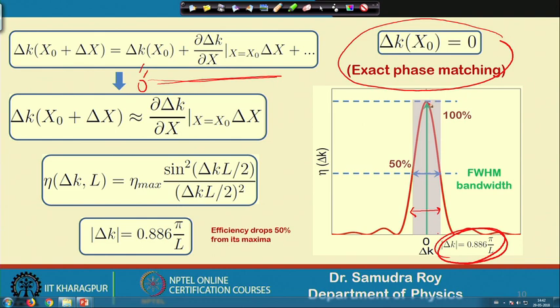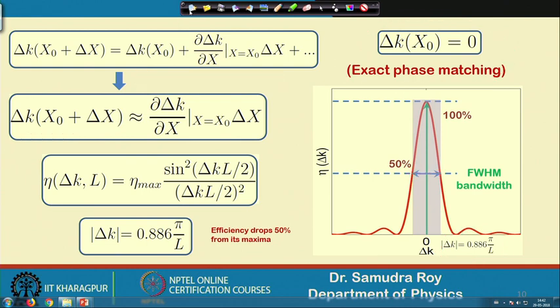So, if I change delta k from 0 to some value, the efficiency reaches that point. On the negative side also, it will reach this point. So, that means my delta k here is some value where my width is something. In order to find the width, I need to calculate what this delta k is. So, delta k is this value. We now have the delta k in our hand. Delta k is the amount that is changing, so I can put this delta k here.